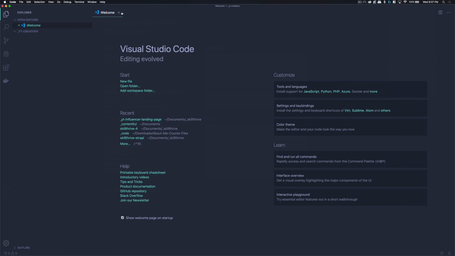Go ahead and exit out this welcome, and over here is where we can actually add the files and folders for our project. Now the first thing I'm going to do is create a new folder, and we'll call this fonts. Create another one, call this one images, and I'm going to create an index.html file, a styles.css file, and last, a